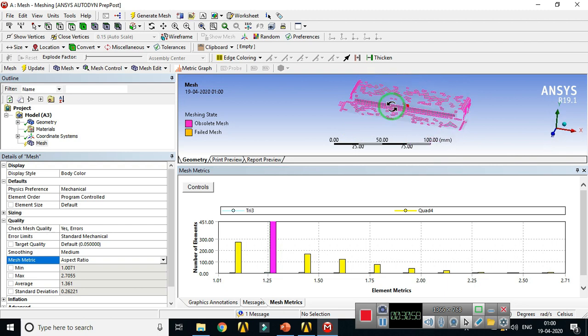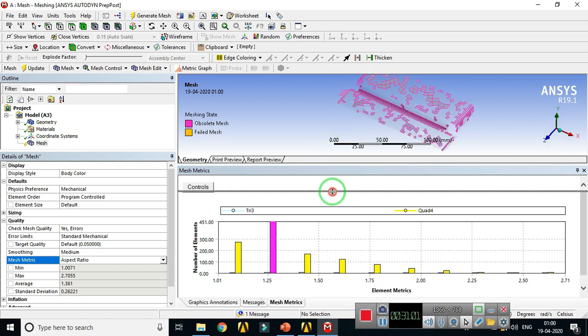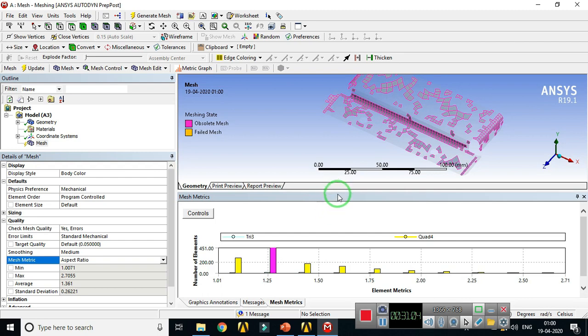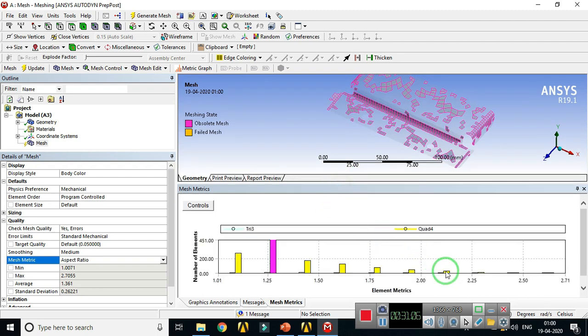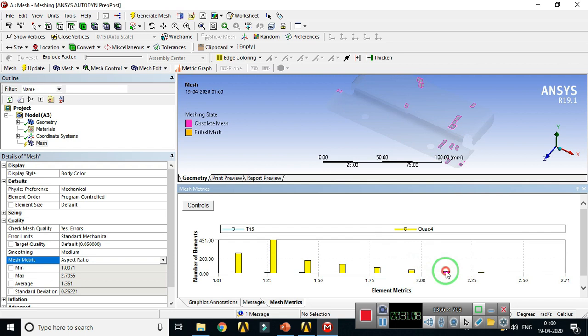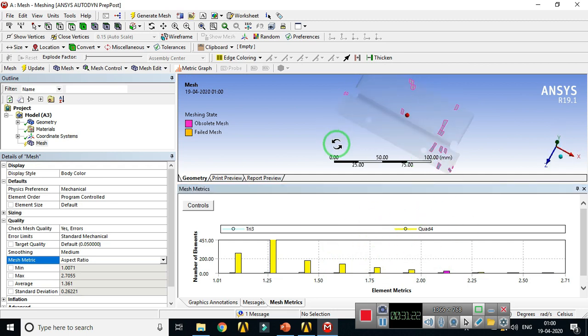In this way we can check the number of elements which are close to the ideal shape, or the number of elements which are deviating from the ideal shape. At the last bar, the aspect ratio value is 2.11, and there are a total of 21 elements available with this size. Acceptable is less than 5, so this type of mesh is acceptable.